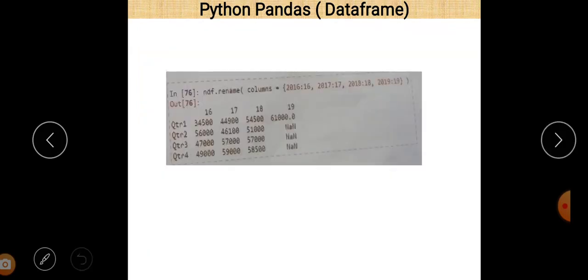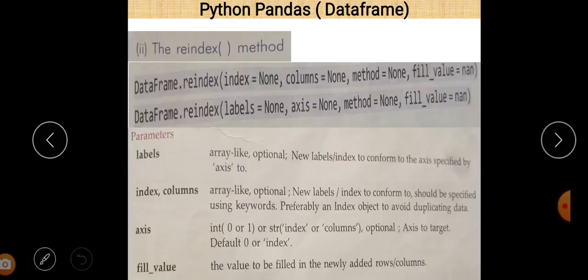Now you can easily see that. So just write columns 2016 colon 16, 2017 colon 17, 2018 colon 18, 2019 colon 19, and after execution you can easily see that 16, 17, 18 and 19 column names are there in place of 2016, 2017, 2018 and 2019. So there are two different methods, using columns as a parameter or using axis equal to 1. When you apply axis equal to 1, it means that all of the changes are made on different columns. Okay, so there are two different methods to make these changes.